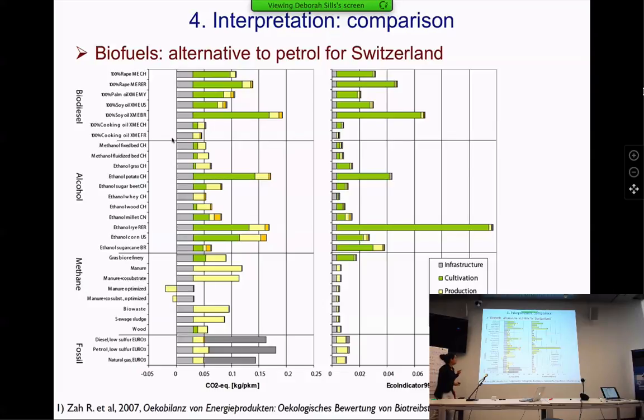Also, I think I already showed you something like this, but this is climate change for all these different biofuels and the petrol ones. And here I have eco-indicator. This was the 3 endpoints: human health, resources, and ecosystem added together. And so I can look at these and see if there are trade-offs among impacts. So maybe let's look at these. So these are my